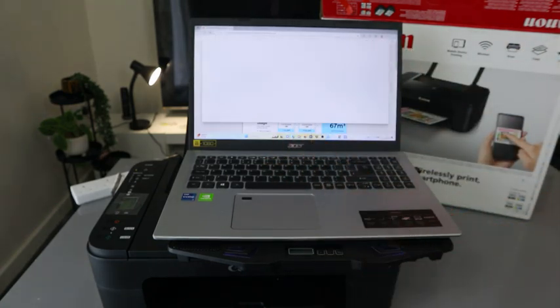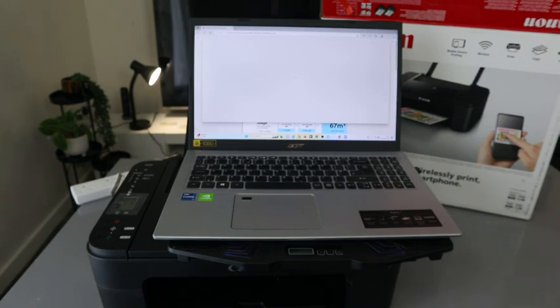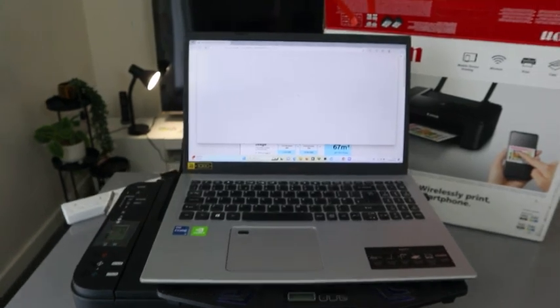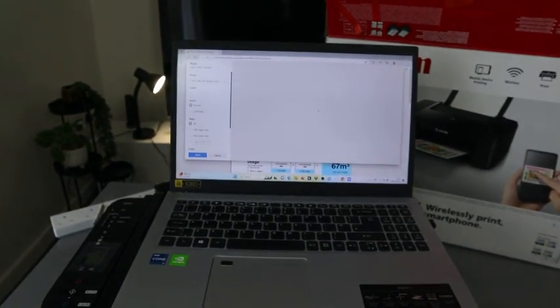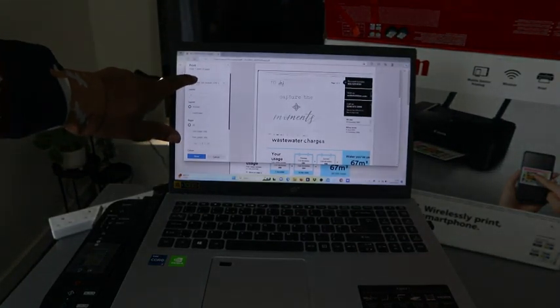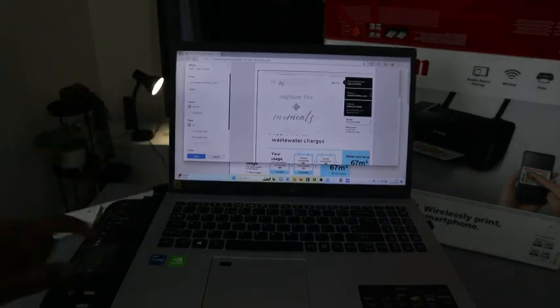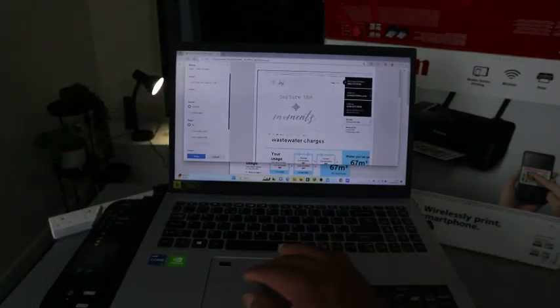Select print. Once you select print on top, it will take you to add the printer you want. So now we just need to wait for the document to be ready. The document is a PDF and now it is ready. So the next thing we need to do is go on top, scroll down and look for this printer. This printer is a Canon